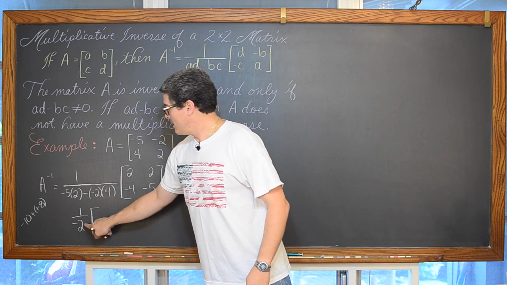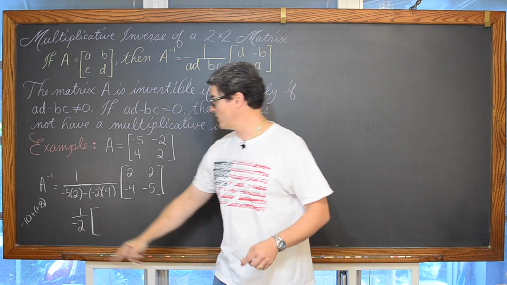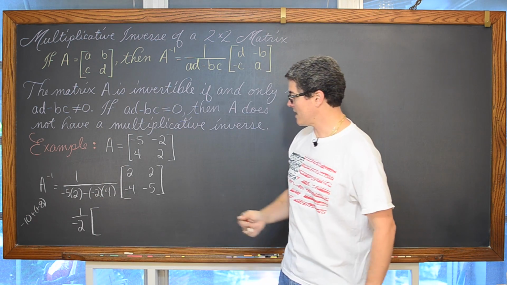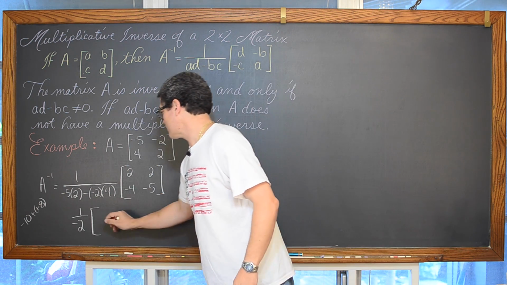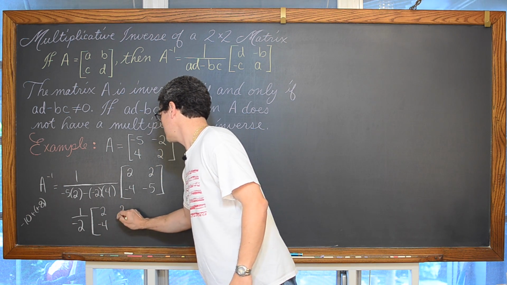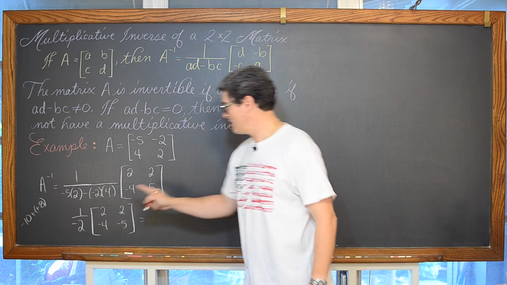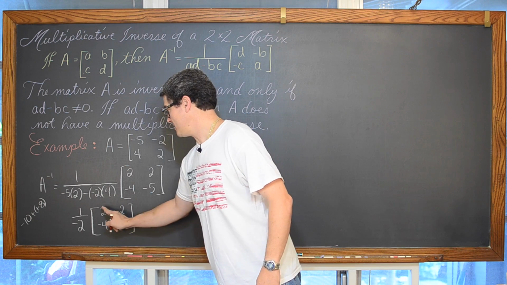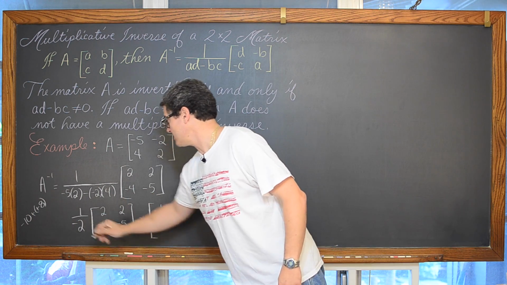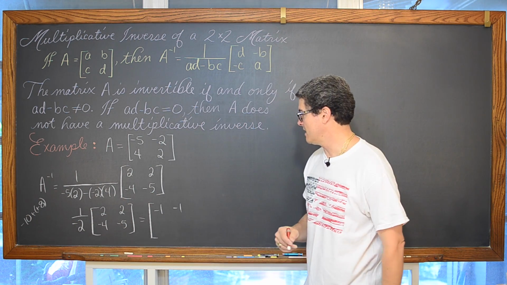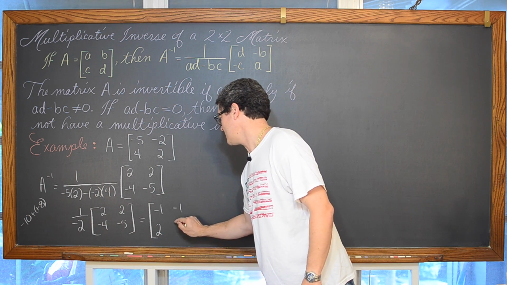times, now this idea that A times D minus B times C is not equal to 0. We did not get an answer of 0, so we're not dividing by 0, thus making this inverse undefined or non-existent. And that's going to get multiplied to 2, negative 4, 2, negative 5. And when we multiply that together, applying that scalar multiple to each of these elements, 2 divided by negative 2 is negative 1. And again, 2 divided by negative 2 is negative 1, or times negative 1/2. Negative 4 times negative 1/2 is going to be positive 2. And then our last element is 5 over 2.